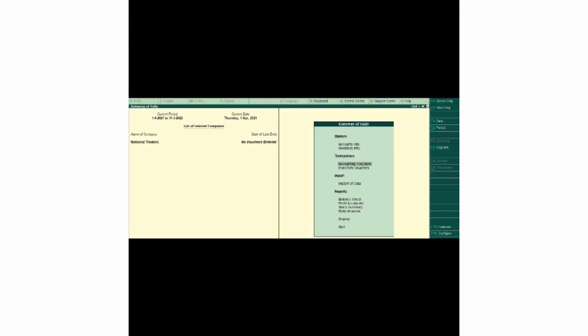Finally, how to alter a single cost center in Tally.ERP9. You need to go to the Gateway of Tally, select Accounts Info, select Cost Centers, select the Alter option under Single Cost Center. On the Select Cost Center screen, choose the cost center from the list of the cost centers to edit the details. On the Cost Center Alteration screen, edit the details and choose Accept to save the updated details in Tally.ERP9 application.